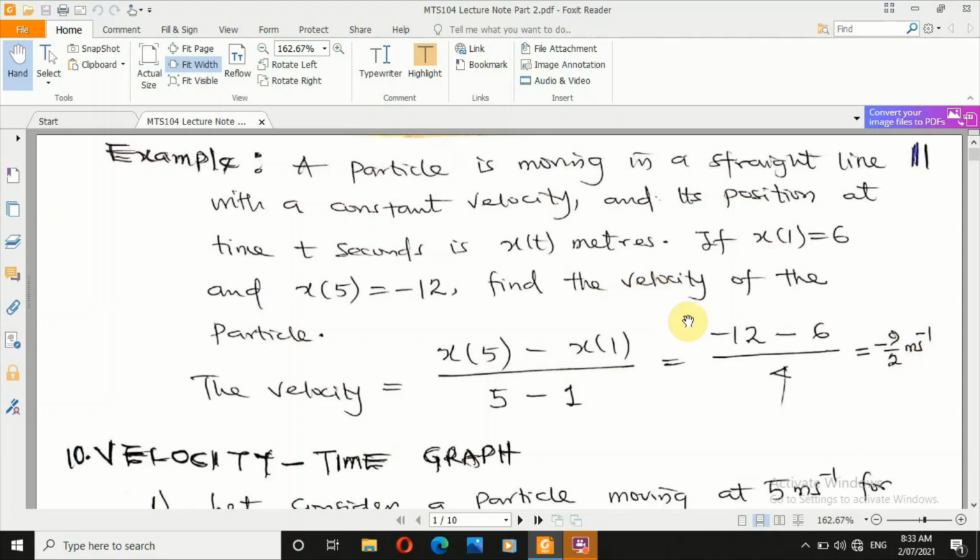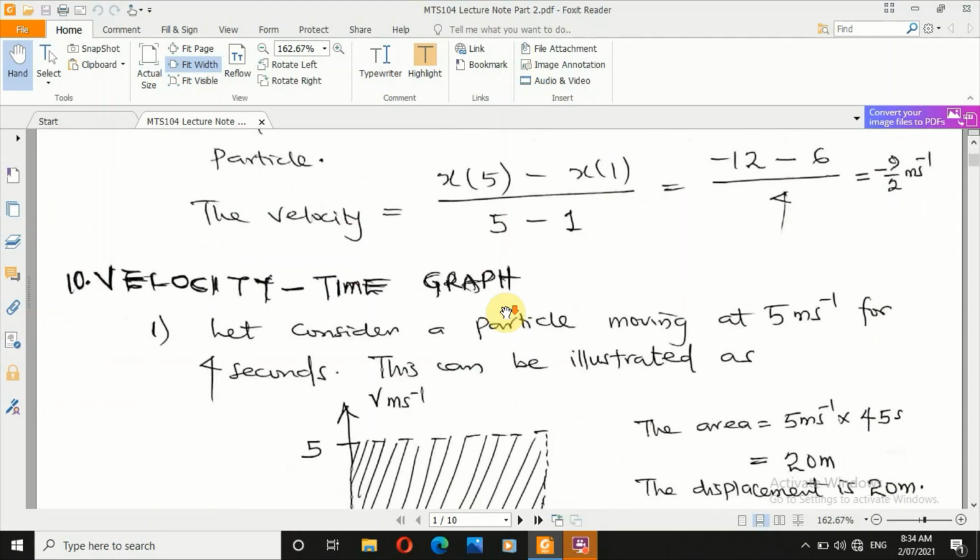While we're learning all this, we can actually put it on the Cartesian plane. And when we put it on the Cartesian plane, we can further exploit and study the motion of the particle. That is the origin of mathematics, because provided we can draw it on the Cartesian plane, it means that it's actually mathematical. Now let's take a look at the velocity time graph.